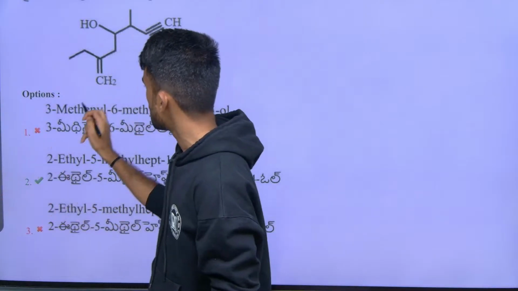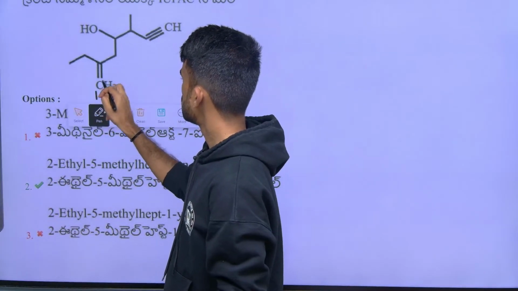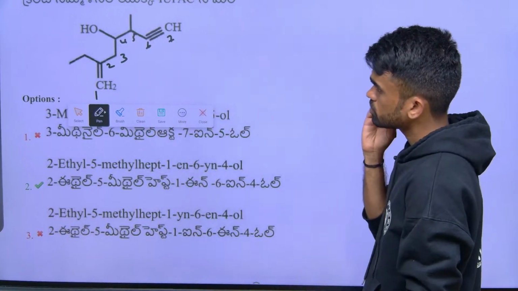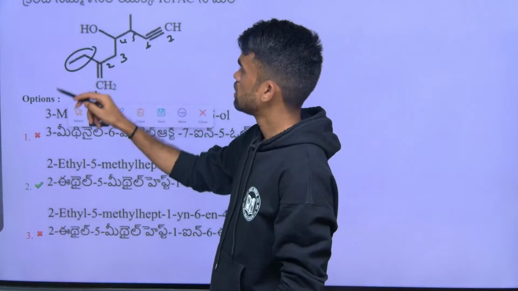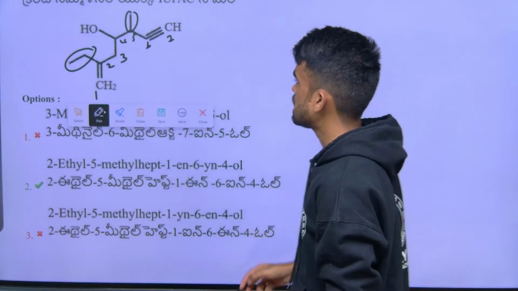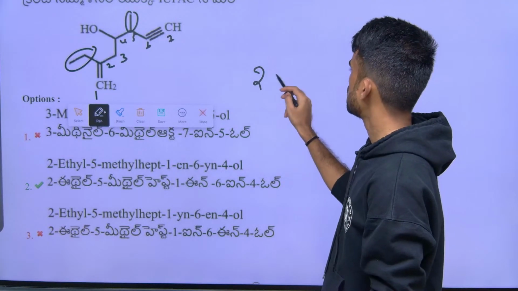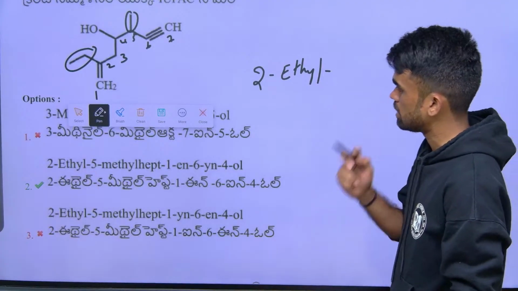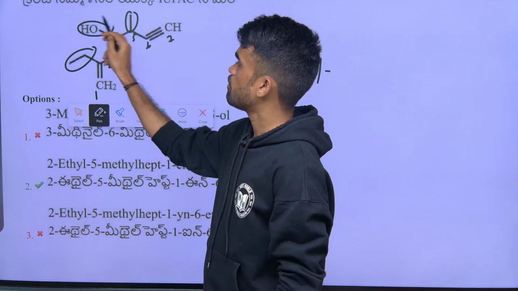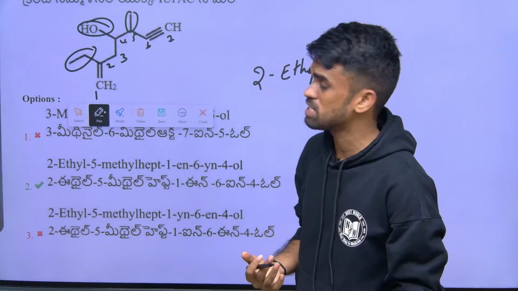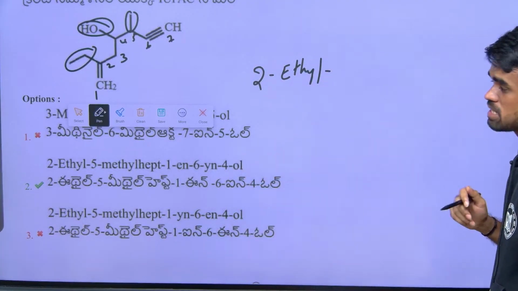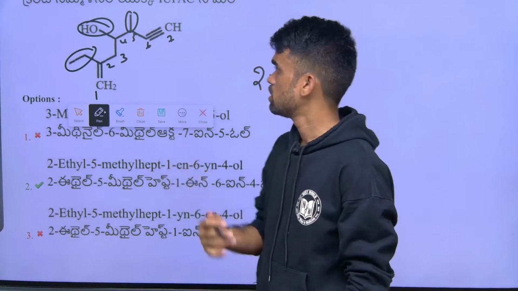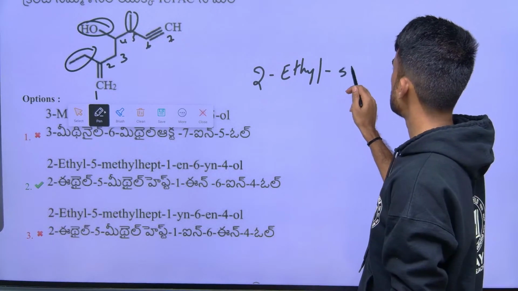So I am giving the numbering as 1, 2, 3, 4, 5, 6, 7. Now at carbon 2 we have ethyl and here we have methyl, so E comes first. So 2 ethyl, next hydroxy, not hydroxy because this is the parent principal functional group now. So the name should end with the principal functional group ol. Like pentane, 7 carbons, heptanol, like that. So 2 ethyl, 5 methyl,